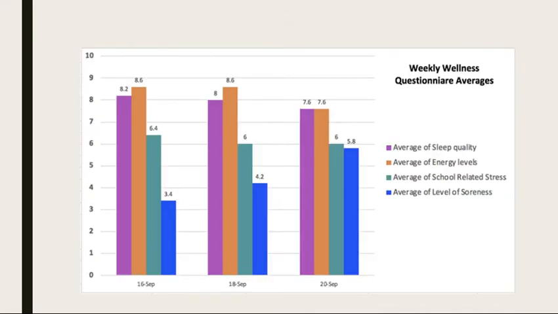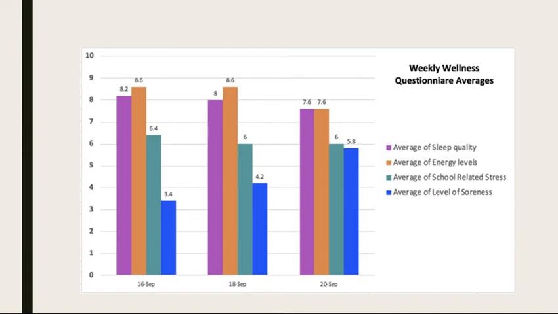All right, so this is an average of all of our questions from our wellness questionnaire. We have sleep quality, energy levels, school-related stress, and level of soreness. The team average for sleep quality, energy levels, and school-related stress all seem to decline from Monday. This is Monday, Wednesday, Friday. All seem to decline from Monday to Friday, having an inverse response to the level of soreness, which increased throughout